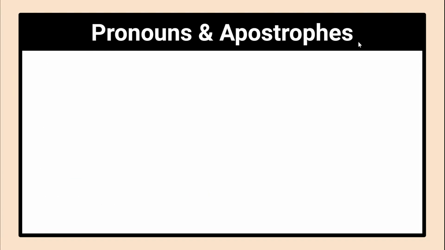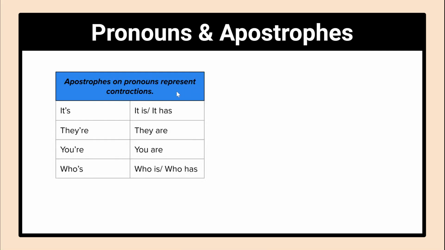Now, pronouns and apostrophes. This one is something you should also consider here. Apostrophes on pronouns represent contractions. So it's with the apostrophe would represent it is or it has. There represents they are. Your represents you are. And who's represents who is or who has. However,